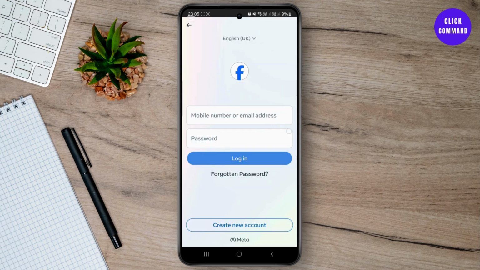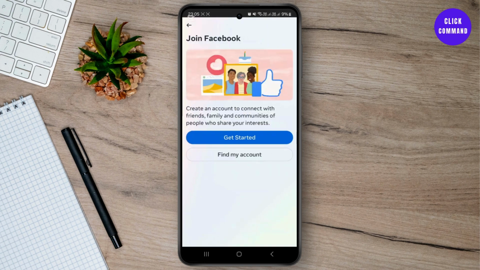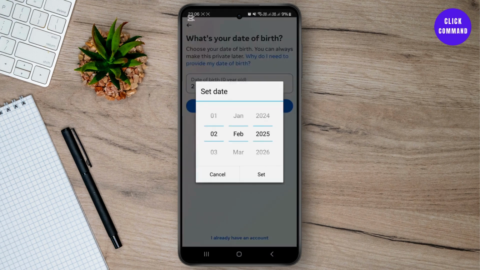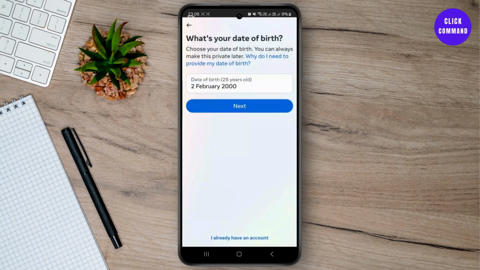So first thing what you can do is simply head over to your Facebook Lite application and just click on this create new account from over here, and you will be getting this screen. Just click on get started and just enter your first name and as well as last name. So once you enter your first name and last name, simply select your date of birth and just click on